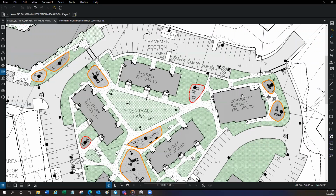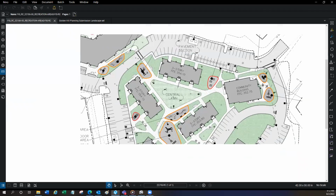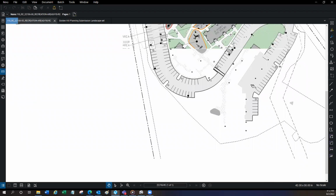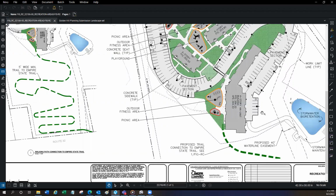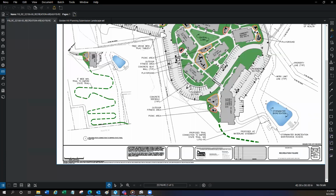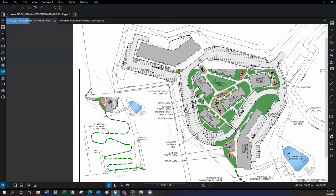There's a daycare that's proposed as part of the community building space for up to 30 children. So these playscapes will be primarily focused along the lines of supporting that activity. And then as we come down through the site, again, more green space and landscaping, but we have another outdoor fitness area and picnic area here. We're situated at the top of the hill. We have great views looking out to the mountains